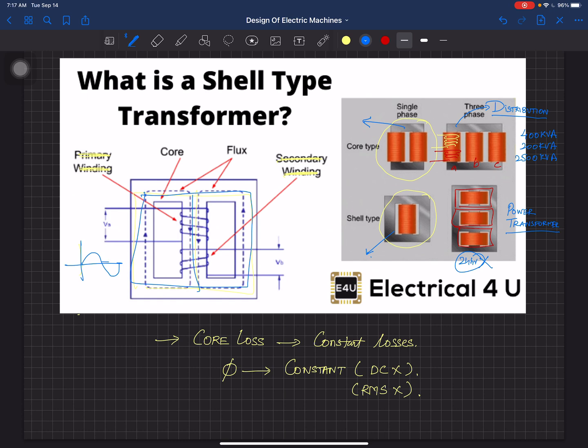So at some time, when you are applying a voltage over here, the flux is flowing over here, and then it comes back from here and goes over here. Since this is a shell type transformer, the flux is going to originate from here to here. So they are changing